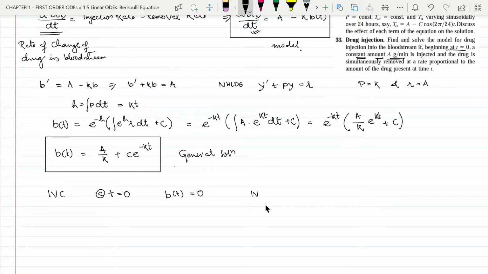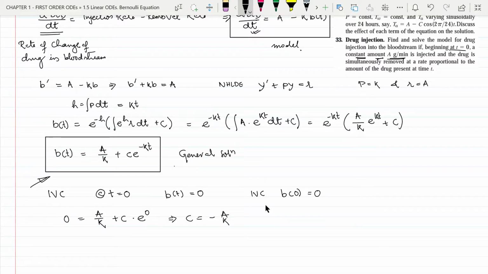So the initial value condition that we have is B of 0 equal to 0. We will put that initial value condition into the general solution, and we have